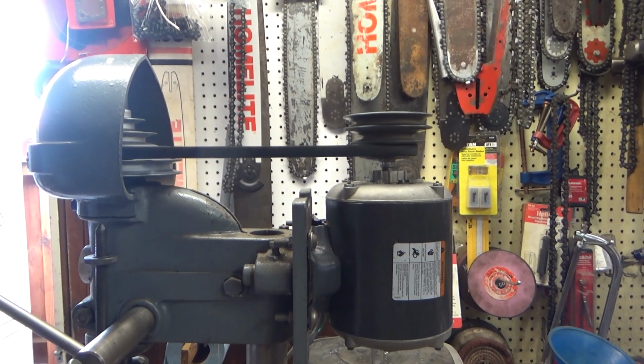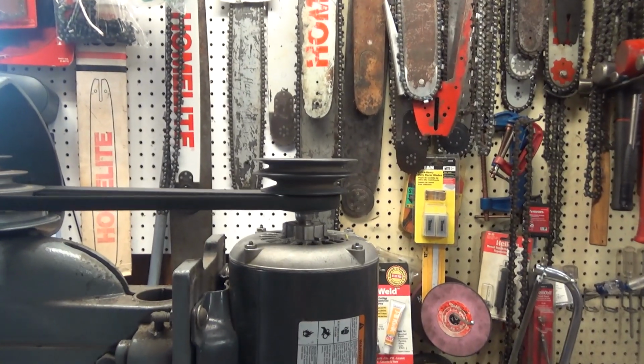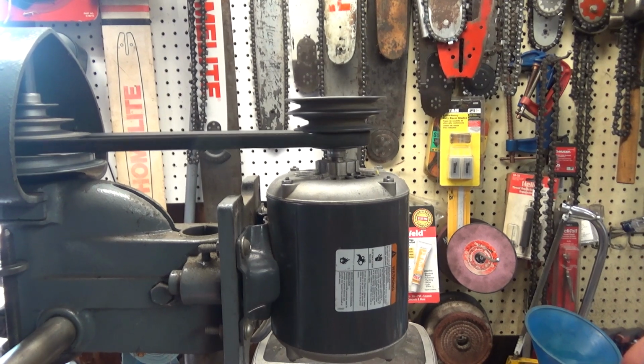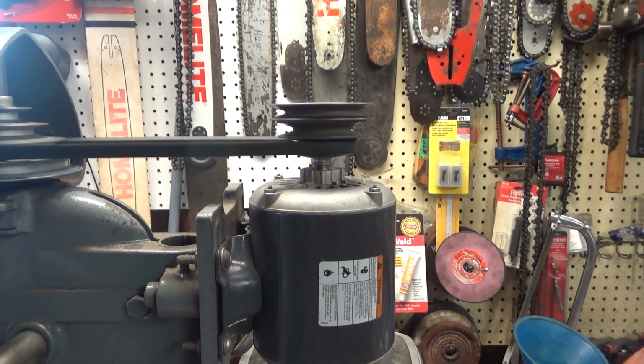My vantage point, that belt's aligned perfectly. The pulley's a little bent, getting it off of that old shaft. Even using a puller and trying to be careful, I still damaged it a bit. It was pretty jacked up, but